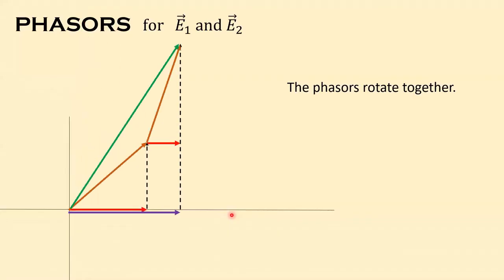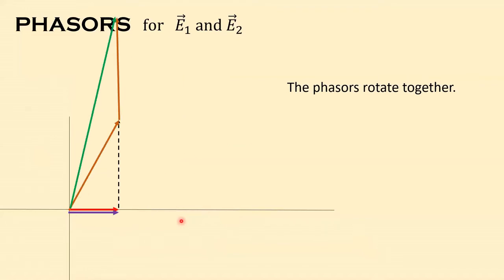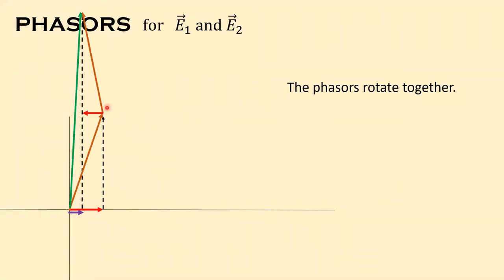Okay, but at each slide, you'll find that the red projections add up to the purple projection. Same thing here. Now, in this case, the second projection is basically 0. That's why you don't see it. And now the projection of the phasor E2 actually points backwards. So it subtracts from the phasor from E1. So this would be an instance of,